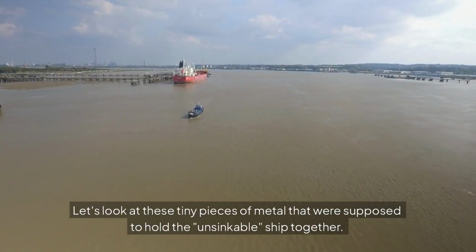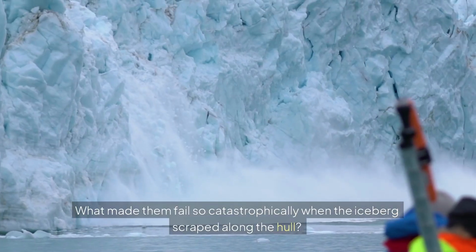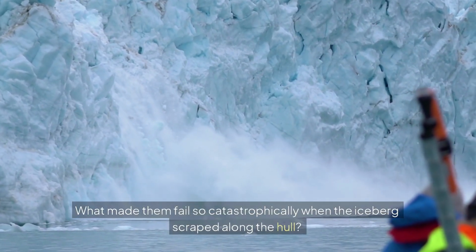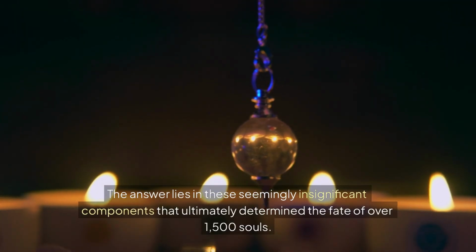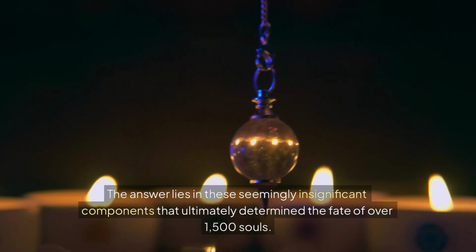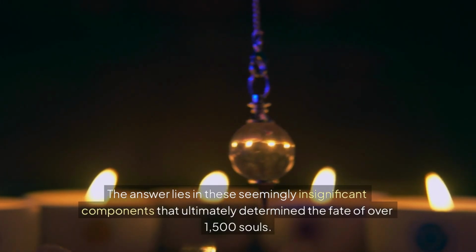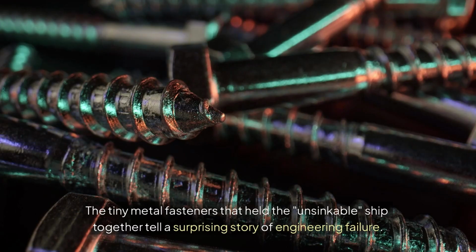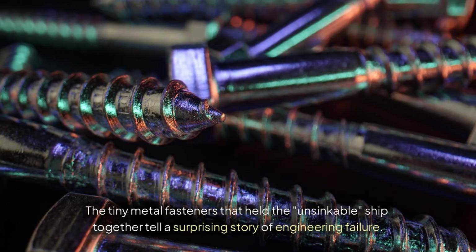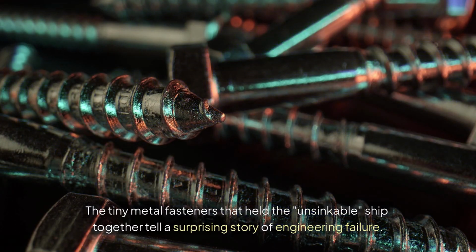Let's look at these tiny pieces of metal that were supposed to hold the unsinkable ship together. What made them fail so catastrophically when the iceberg scraped along the hull? The answer lies in these seemingly insignificant components that ultimately determine the fate of over 1,500 souls. Tiny failures, massive consequences. The tiny metal fasteners that held the unsinkable ship together tell a surprising story of engineering